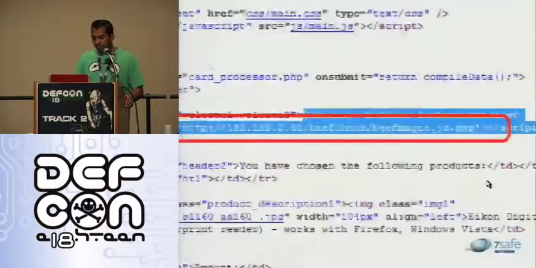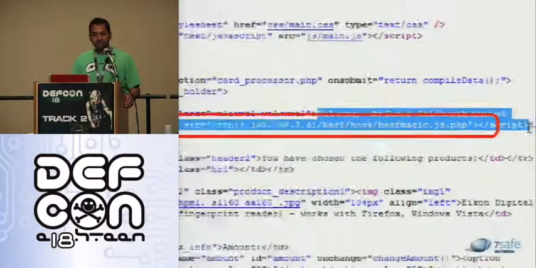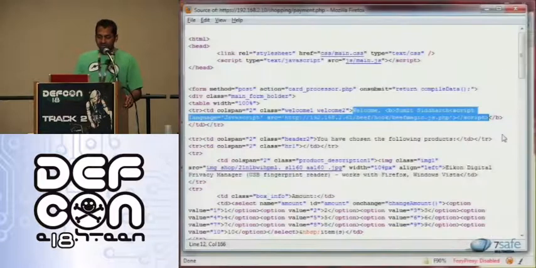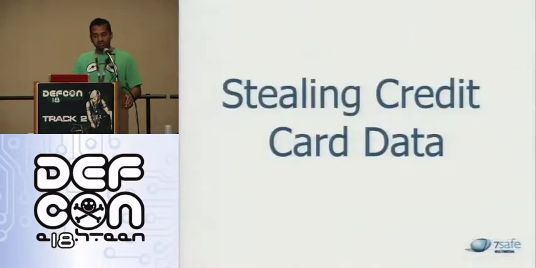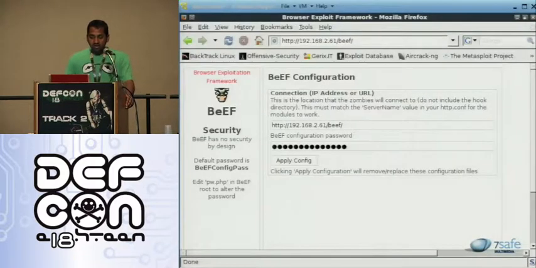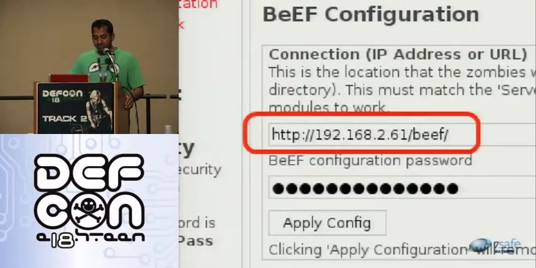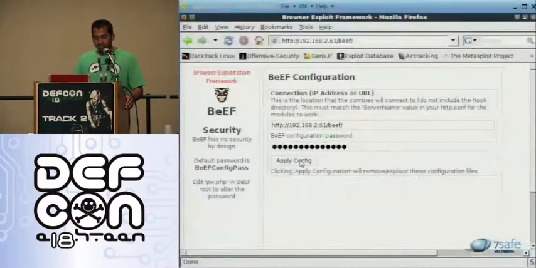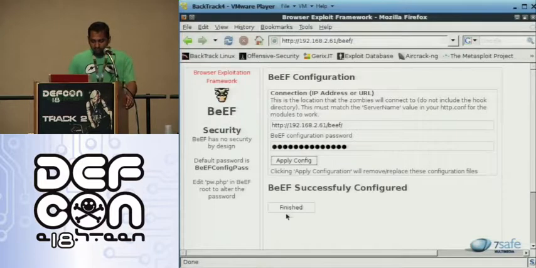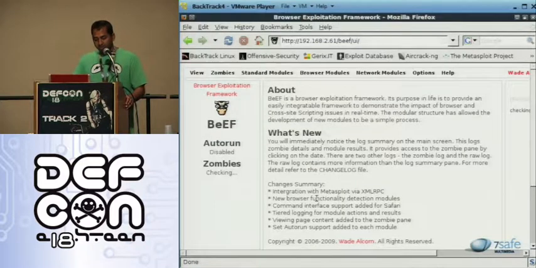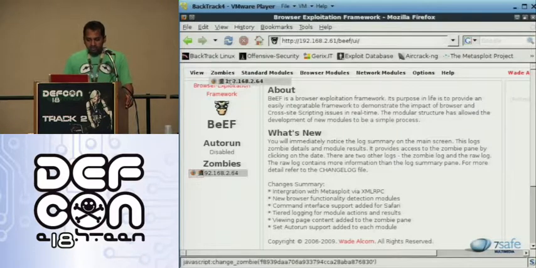So what we are doing here is we are not hacking the data within the database. We are hacking the data which is about to be written to the database, before it touches the database. When an end user logs in, this JavaScript will connect back to the BeEF server. If you configure your BeEF server, you will find the zombies connecting back to it. So here we go, the zombies are connected. And then if you go back to the victim screen,